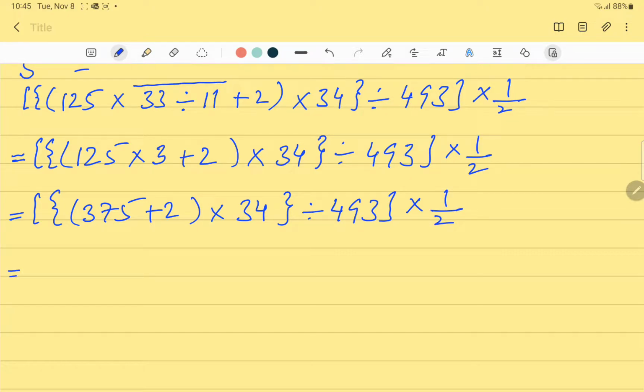Still small bracket is there, so we will add now 375 and 2, and that will be a single number, so we will remove the bracket then. 375 plus 2 is